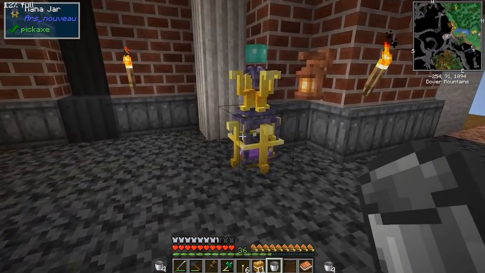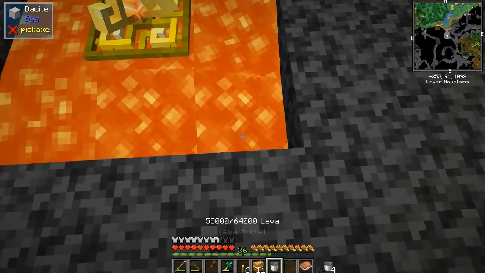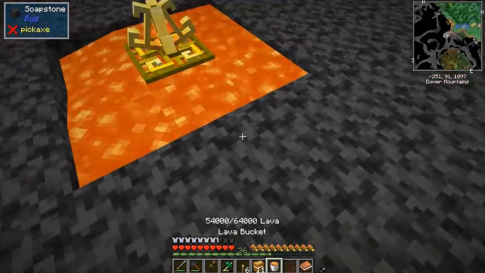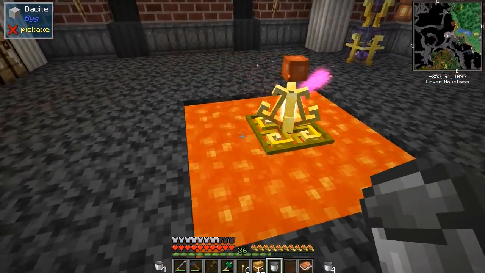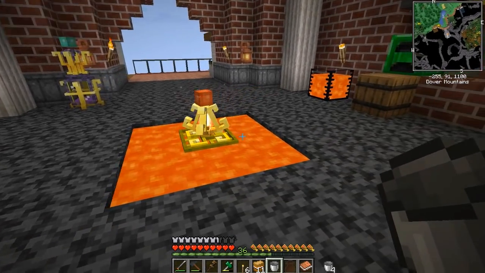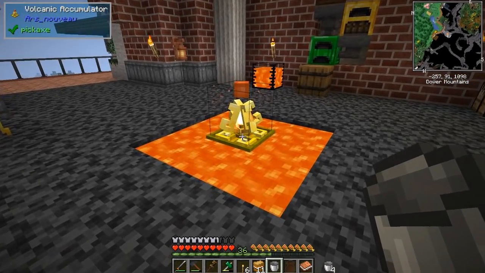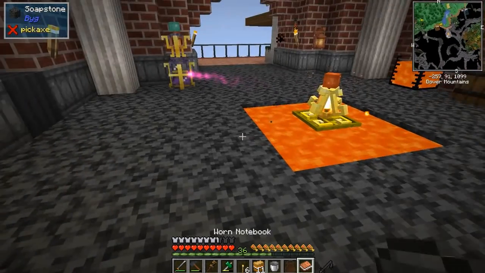This guy's already getting itself a little bit of mana. Isn't that handy? So we're going to fill this up with a little bit of lava underneath. We're not going to leave this here, like I said. We're just putting it here. Now, something I noticed, I don't know if you need to do this or if this puts it up there by itself, but